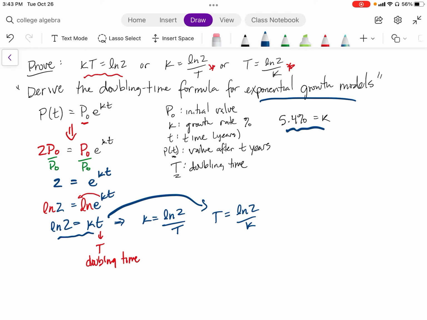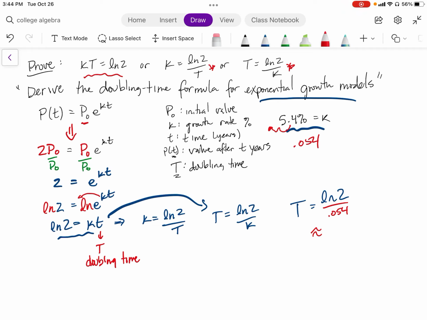All you do to get this doubling time is take ln2 and divide by 0.054, since 5.4% as a decimal, you move it twice. It's 0.054. And plug that into your calculator, because I cannot do ln2 divided by 0.054 in my head. And you get